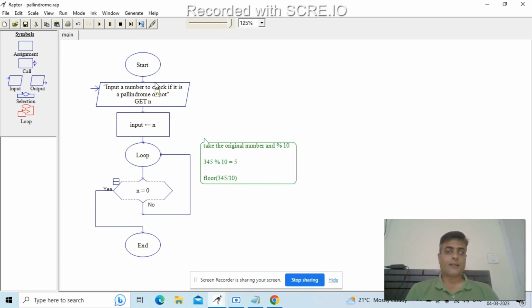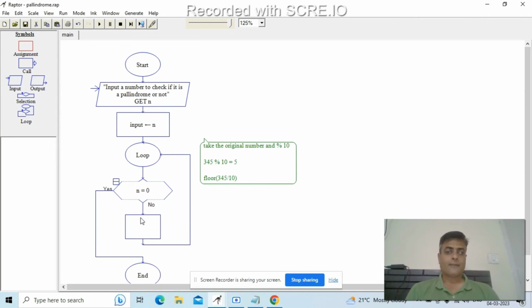As soon as this number n, the input number, becomes 0, the loop exits and the iteration stops. Until then, the first thing I will do is